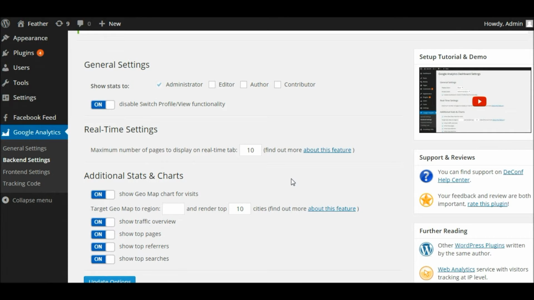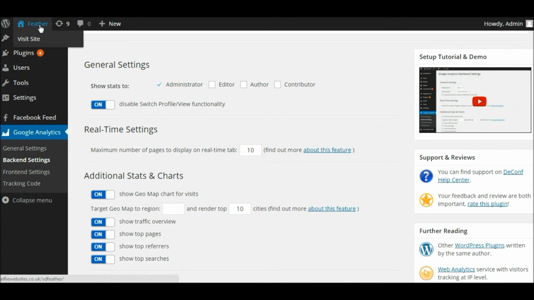As I said, we'll take a look at that in just a second. Now there's a couple more settings that you may be interested in, which is within the front end. Now the difference between front end settings and back end settings is that the back end settings are information that you can see within this administration section of a website, if you like,